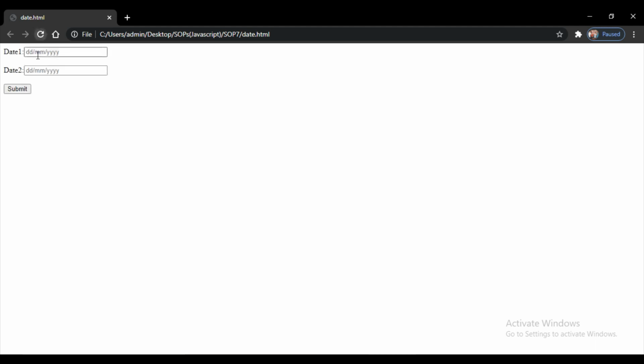Now we'll do as given to us in our textbooks. So in our textbook, the dates have been given to us as 4th of February, that would be 04/02/2019, and the second date is 11th of May, 11/04/2019. Now we'll click on submit. As given to us in our textbook, it should be 66, and evidently we have the answer here as 66.